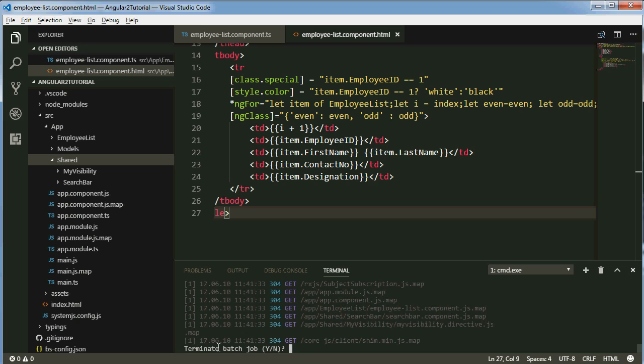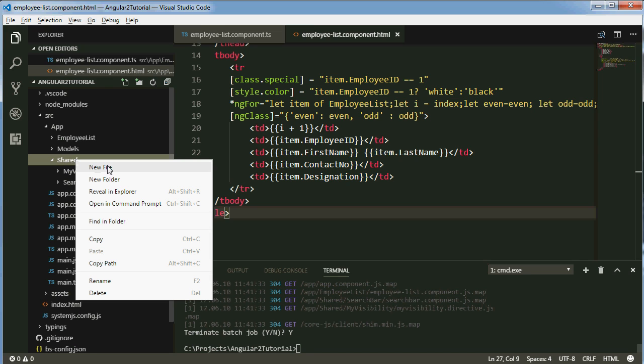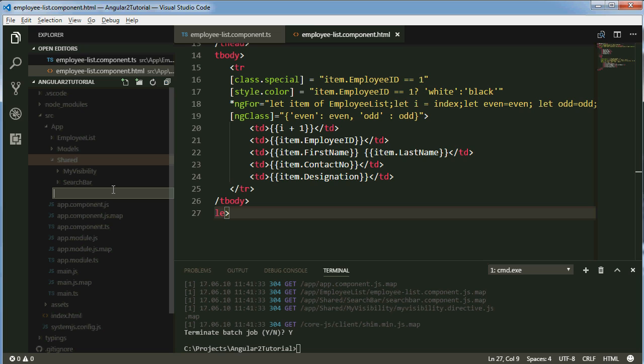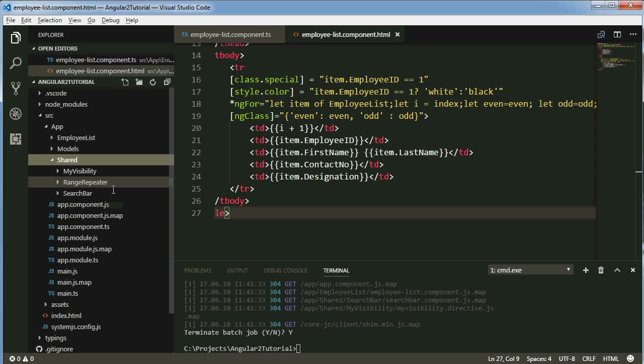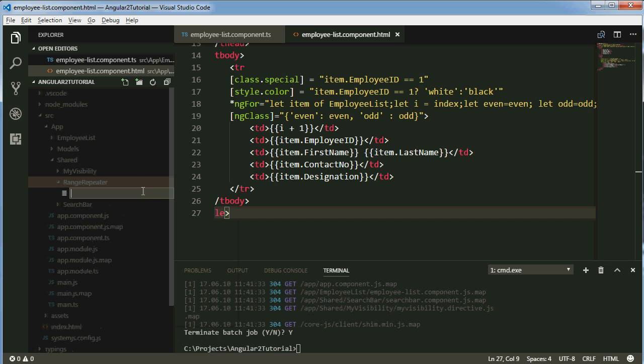Control C, Y. Okay, now I will add a folder inside this shared folder for creating our custom structural directive. So I will right click on this shared folder, then new folder. Here I will write range repeater. Okay, and inside this folder I will add one TypeScript class. So right click on this folder and click on new file,